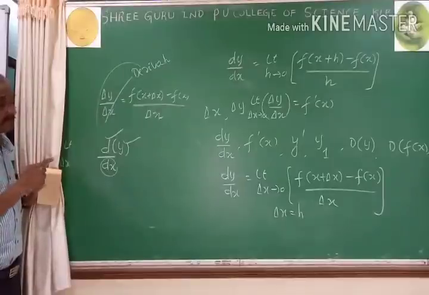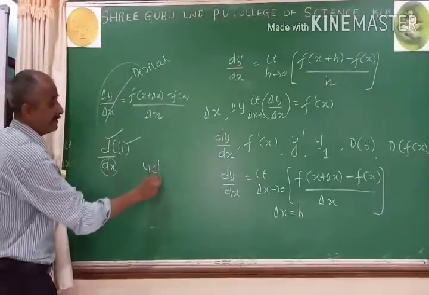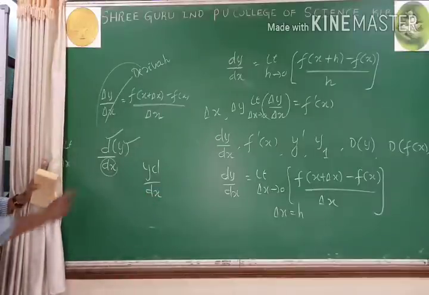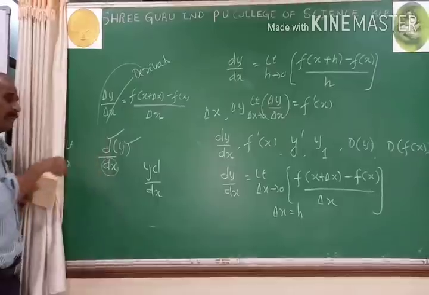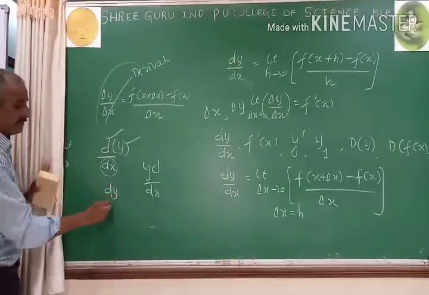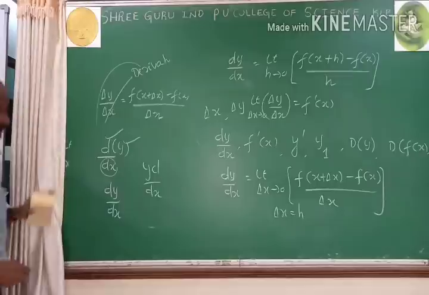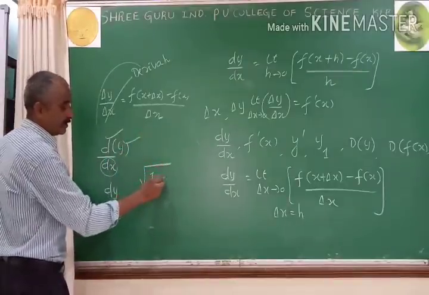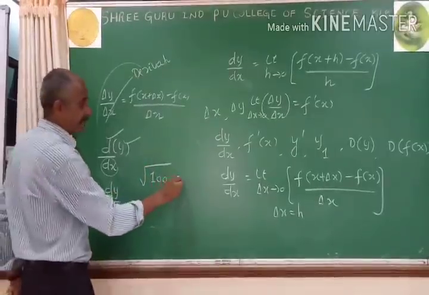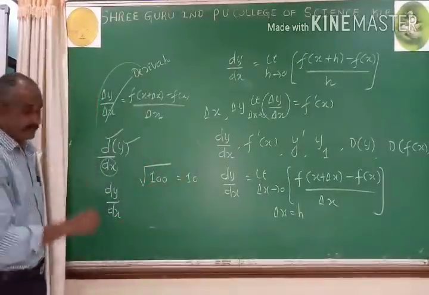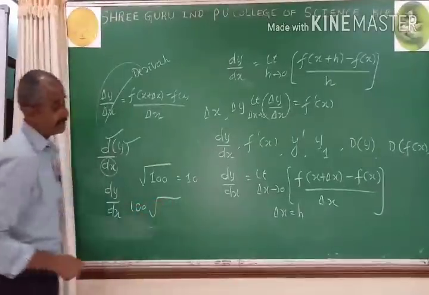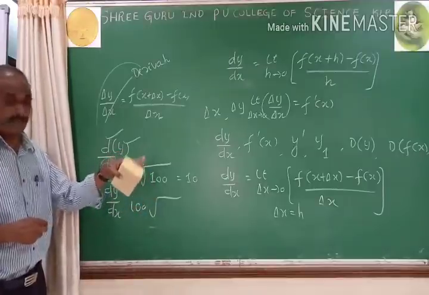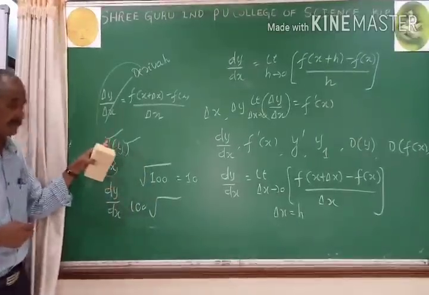Under any circumstances, this cannot be written as y d divided by dx. It is completely meaningless. Meaningful is d by dx of y, but we write it in a running manner as dy by dx. Just like in normal algebra, root of 100 is meaningful. Its value is taken as 10. But you can't write this as 100 and after that root, it is totally meaningless, because 100 is undergoing the process of square root. Like that, here y is undergoing the process of derivative.